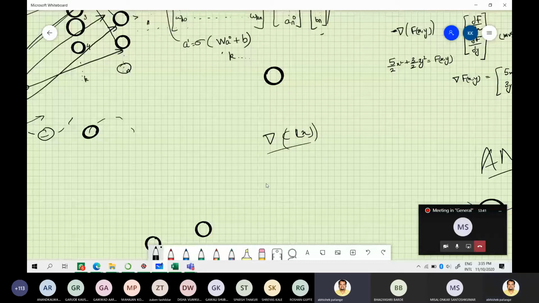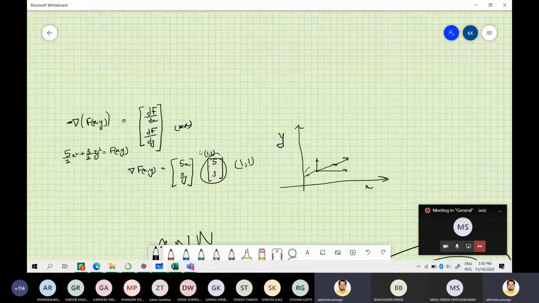So for example, suppose I have a gradient of an output like this: 5 comma 3. If I take the system in the right direction, it will increase. But I don't want the error, the cost function, to increase. I want it to decrease. So I must take it in the opposite direction. The cost function is very important when we analyze the system, and taking a gradient helps us in determining which direction we should move. That is nothing but the gradient. It is very important.